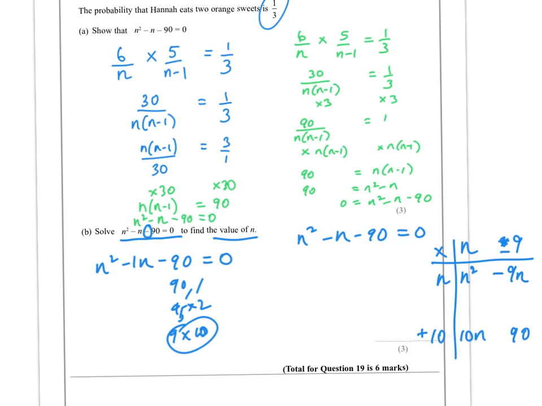This would be just 10n as it is, and this would be minus 90. This would be good then, that would be good, but these would sum to n, because 10n and minus 9n is just n, and that's not what we wanted. We want negative n here. So by deduction, we know that it was actually minus 10 here and plus 9, and then we have our two brackets,